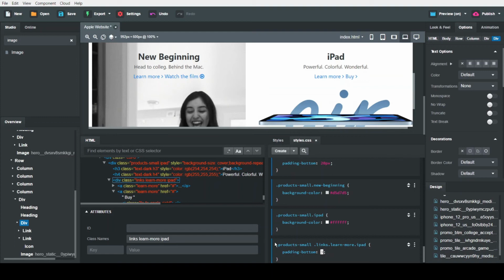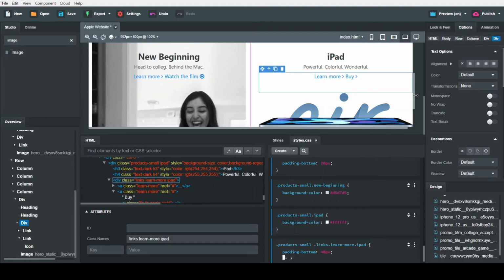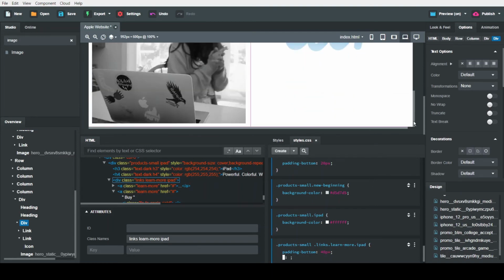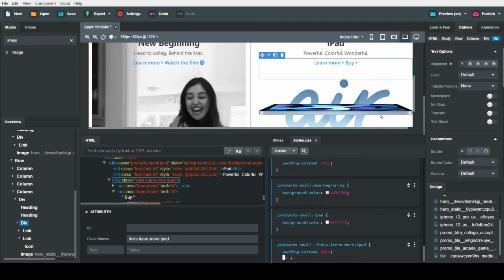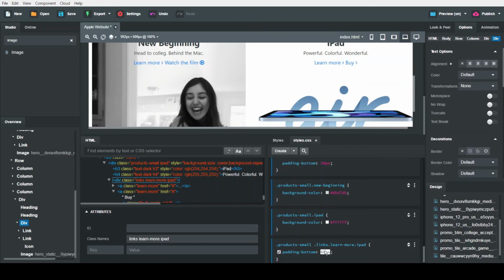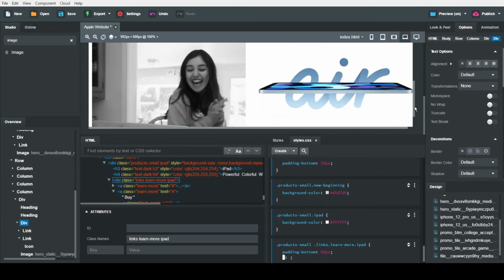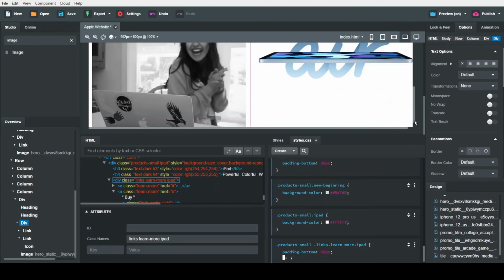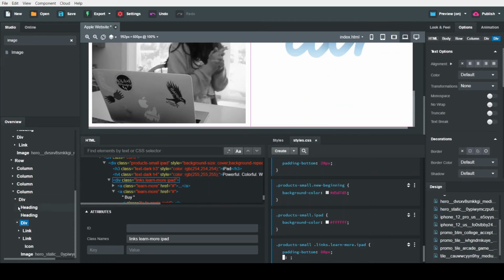It doesn't look centered, so increase the pixels. We keep the 60 pixel, so the space between the image and links is good. Now it looks perfect.